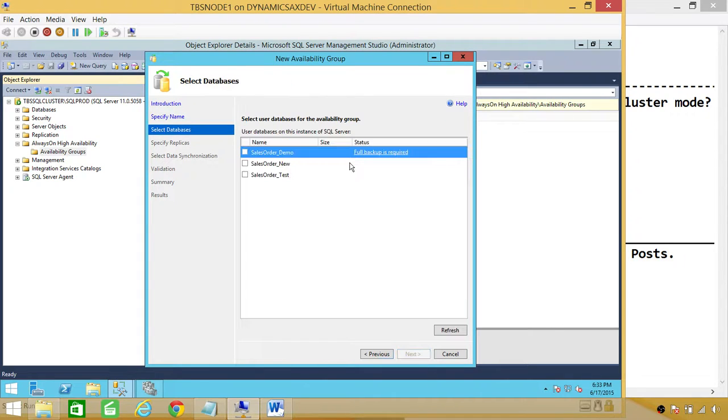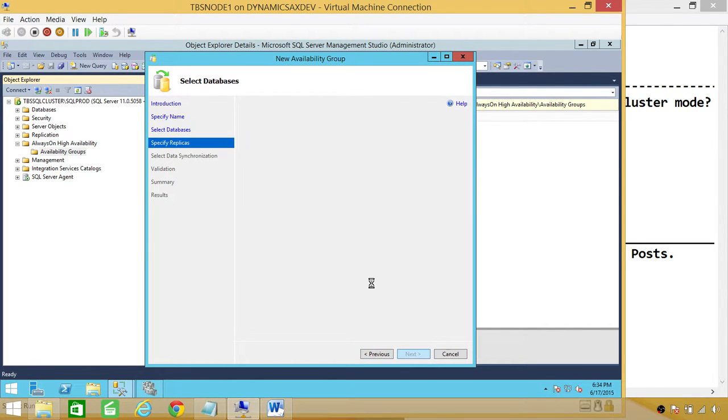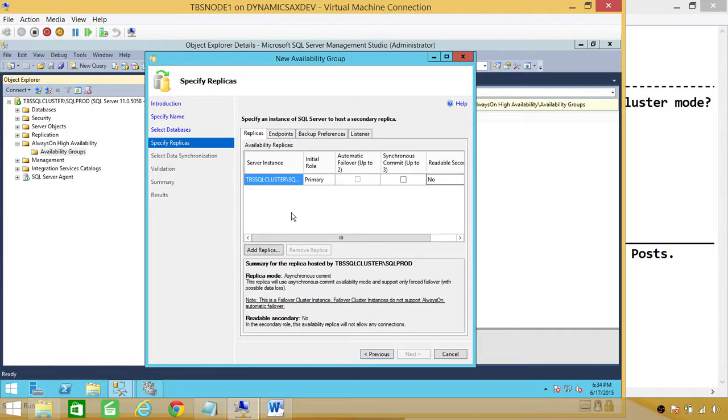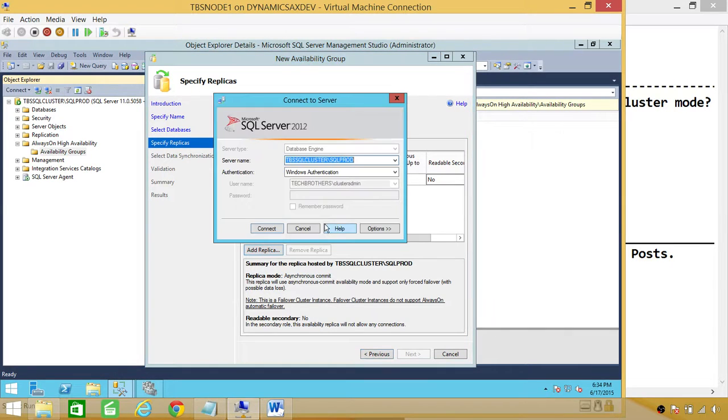Click next. I have one database that meets the prerequisites, so I'm going to select that. Click next, and here is where I want to add the other replicas that I want this availability group to go to. So click on add replica, and the other replica in my case is going to be UAT, and click